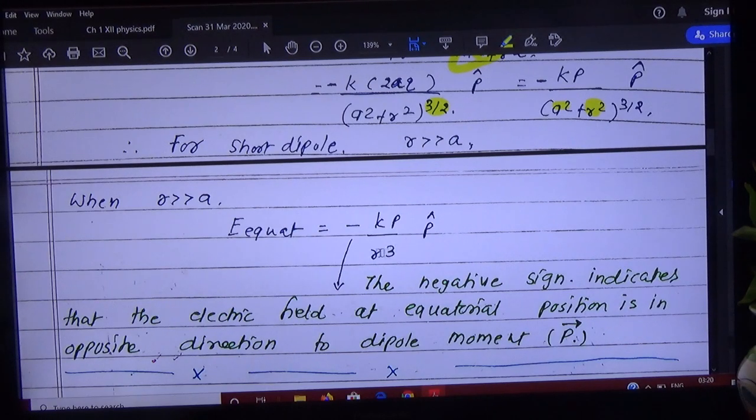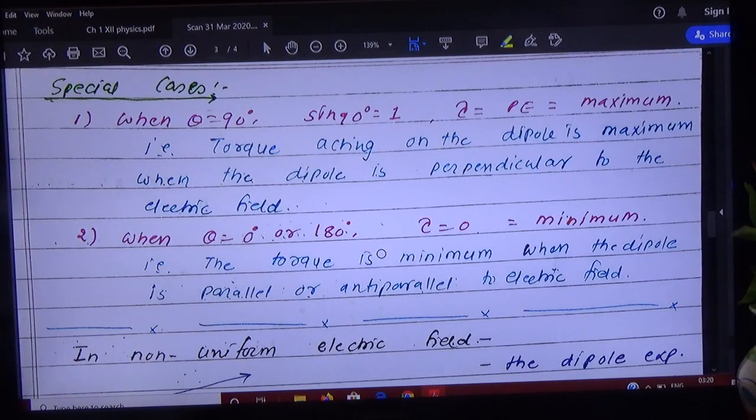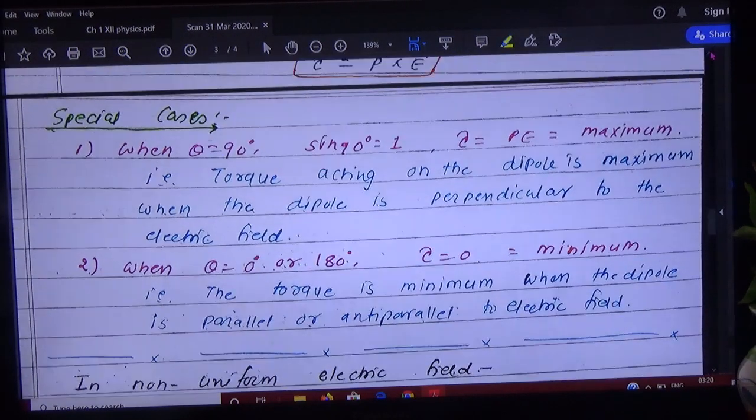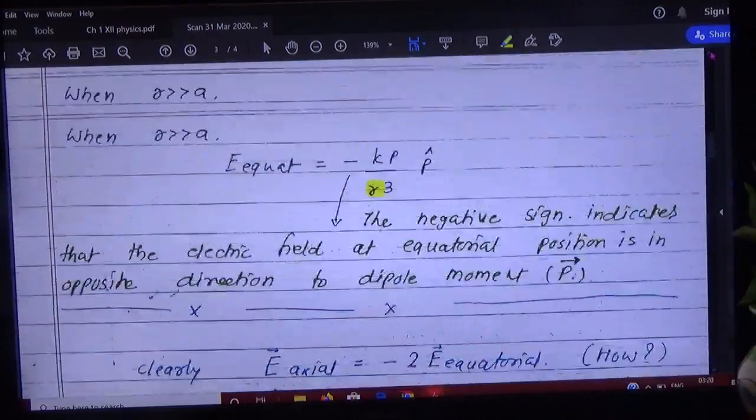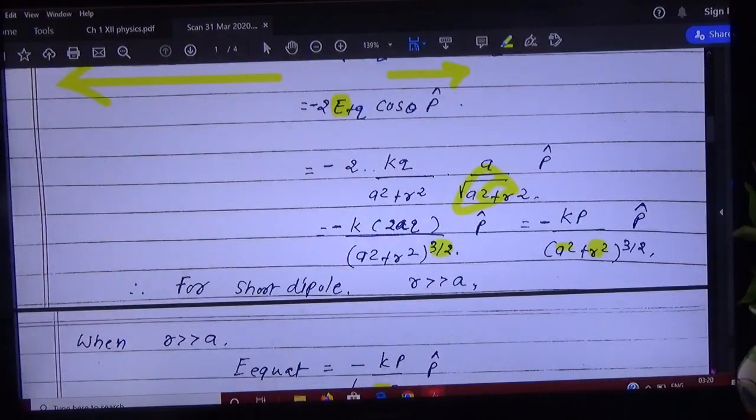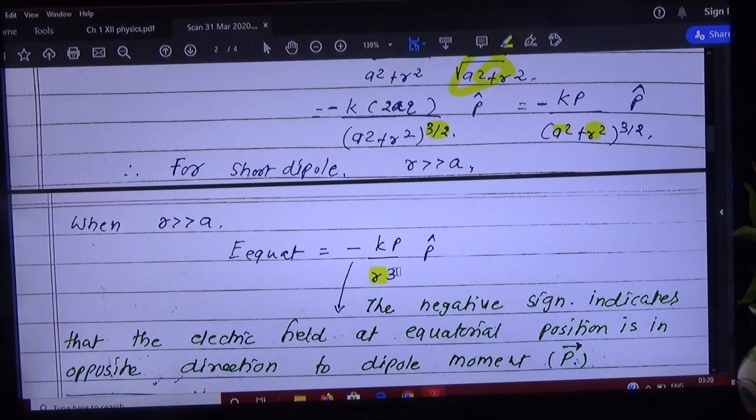And that's why here we have r cube. So that is your final expression of the electric field at equatorial position, which is minus kp by r cube